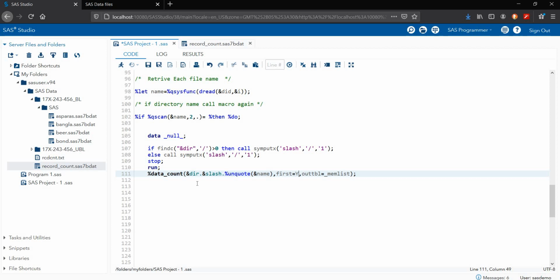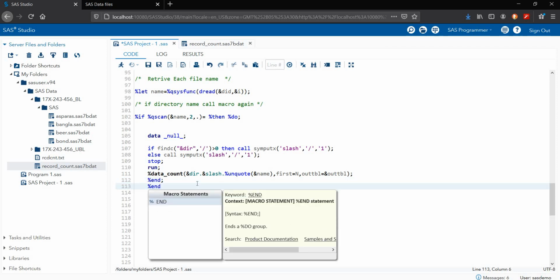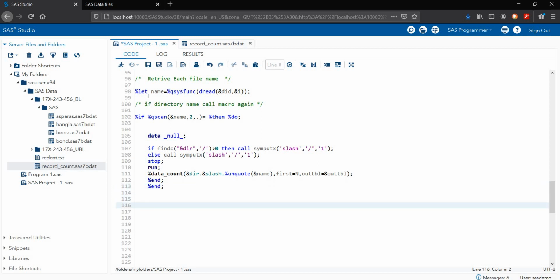First is y, then here we have the n. Outbull is my &out dl, %end and %end. We have to end because we have one do here and one if statement here, so we have two ifs, that's the reason, if one is here, if one is here. So two ends are here.